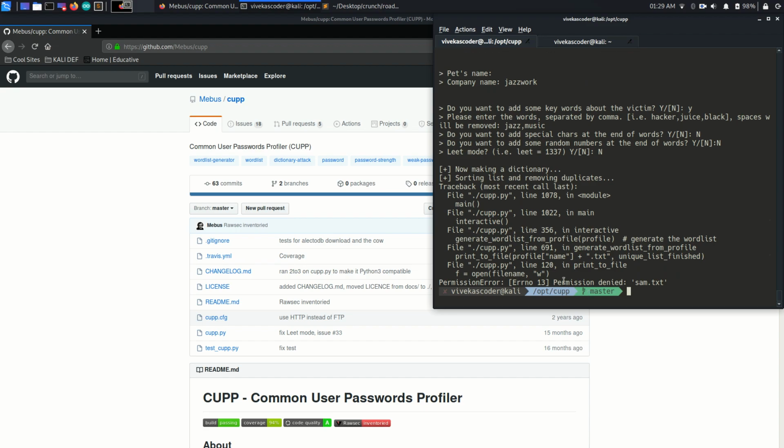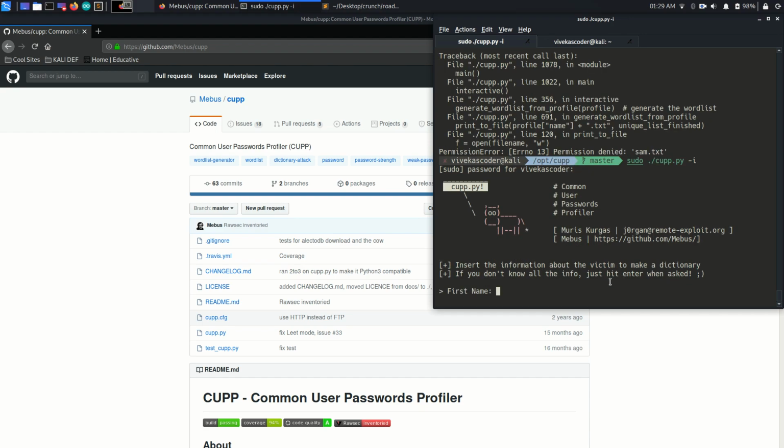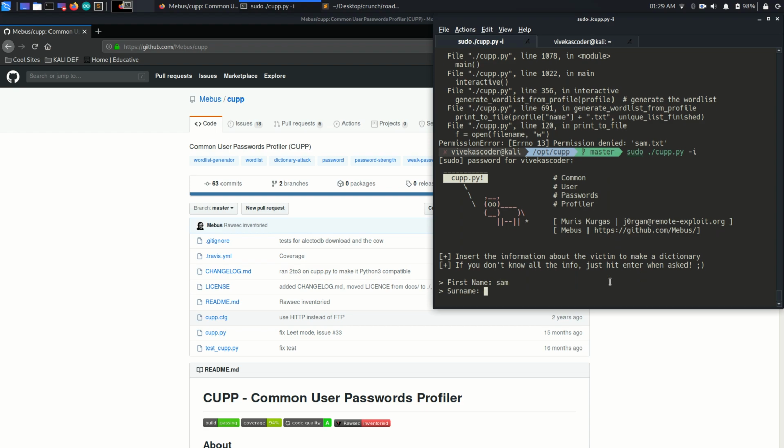So we are getting this permission denied, so I actually need to give the root credential. Oh my god, I need to implement it again. So Matthew.